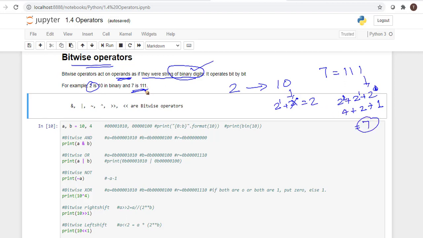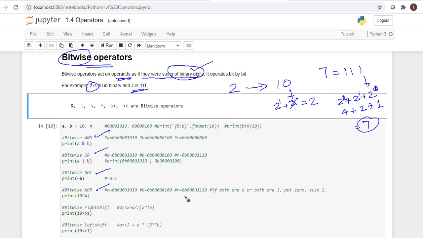So all the digits are converted into binary strings, and the operators that work on binary strings are called bitwise operators. We can use AND, OR, NOT, XOR, right shift, which moves bits to the right, and left shift, which moves bits to the left. In regular Python programming we do not use these much.